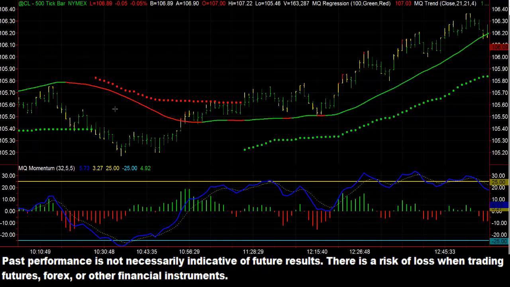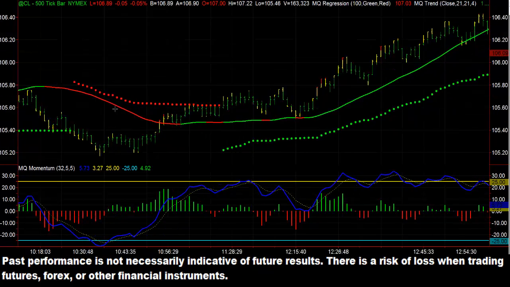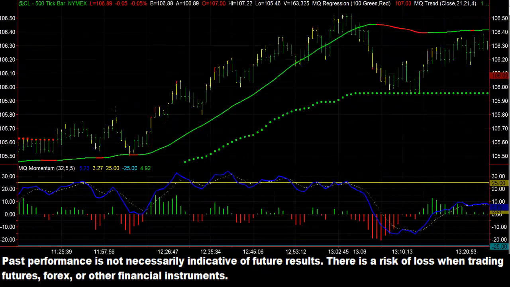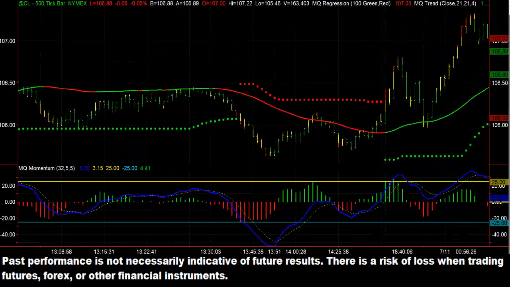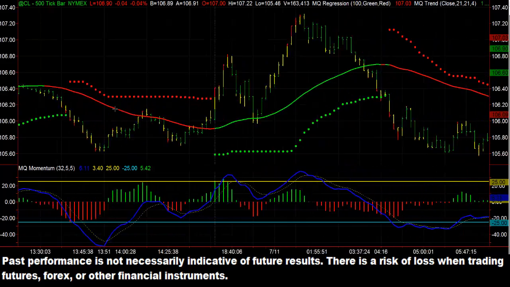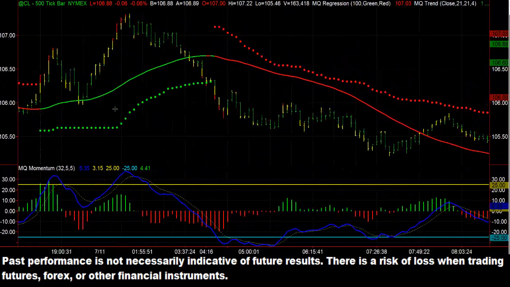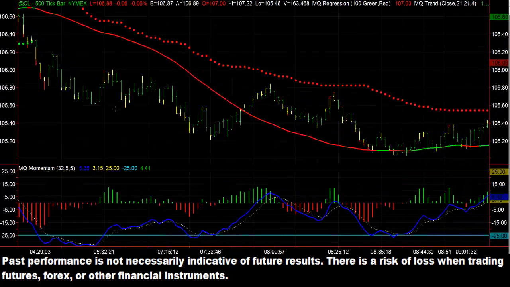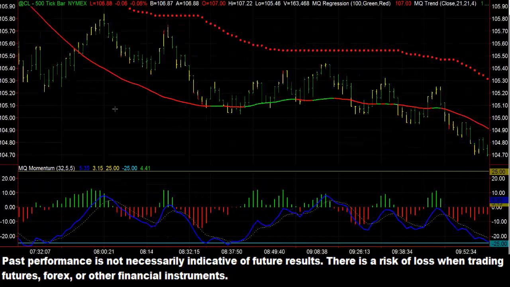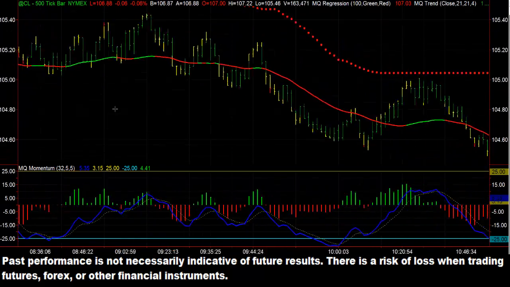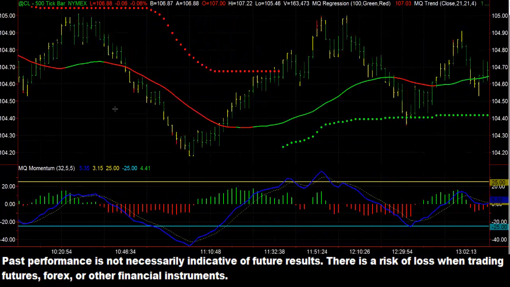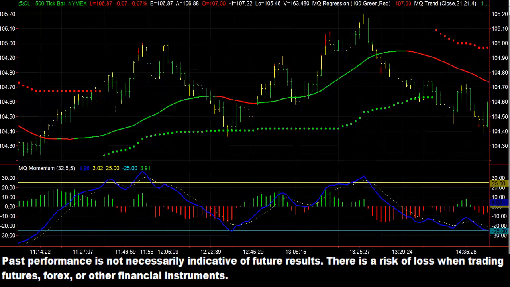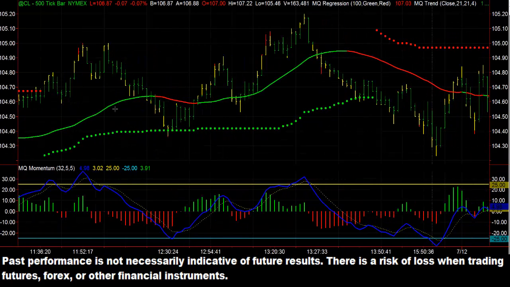But over here, you can see where they both agreed to go long. And you can see what price does here. Now I'll just scroll right through it and you can see what happens. And you get some very, very nice trades out of this. This is just one way to trade trends using MQ indicators. You can see they actually work fairly well. And really that's it for the video of the day for